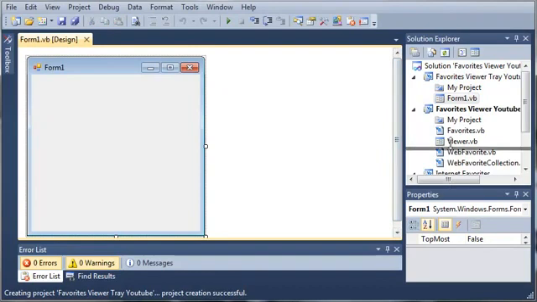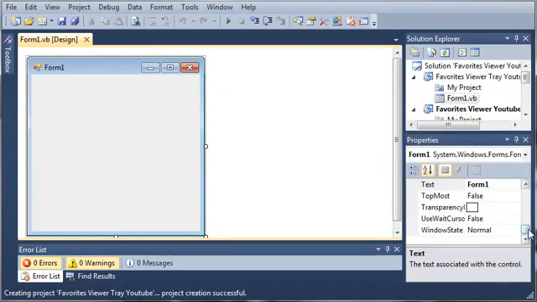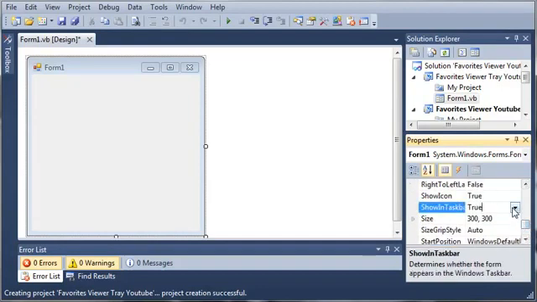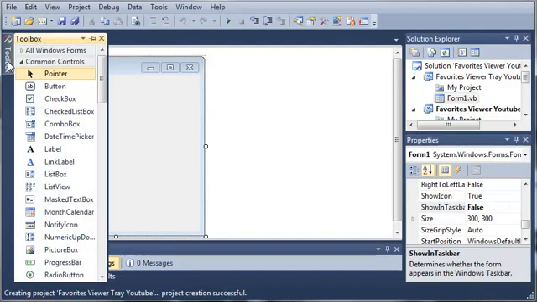Now let's come over to the properties, and we want it to not show the form. So we'll set the window state to minimized, and we will find the property show in taskbar, and we'll set that to false. Okay, so now whenever the form opens, it's going to be minimized and it's not going to be shown in the taskbar. So what this does is it keeps the user from opening this form